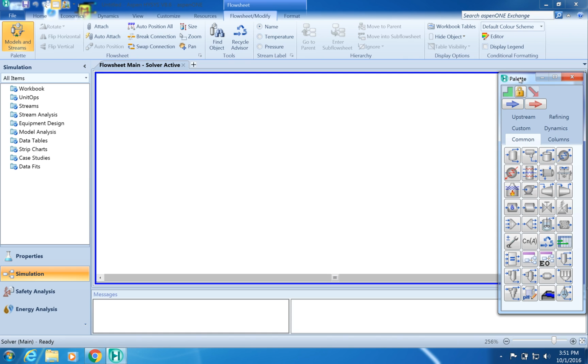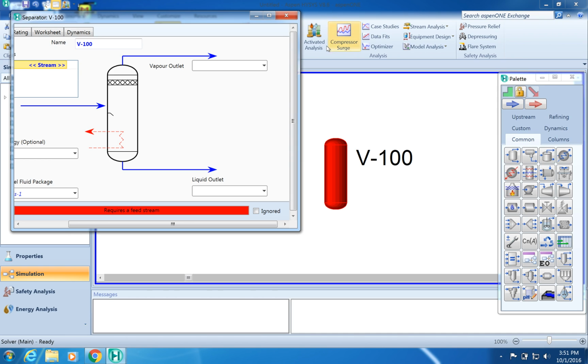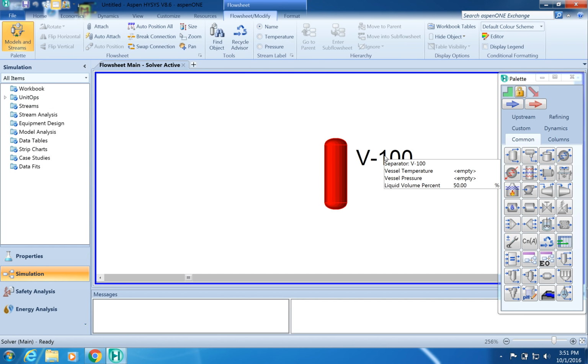So the next step is how do we go on doing this in HYSYS. We want to add in a separator, as I discussed before. You double click on it, and that brings up a separator for you. This has a